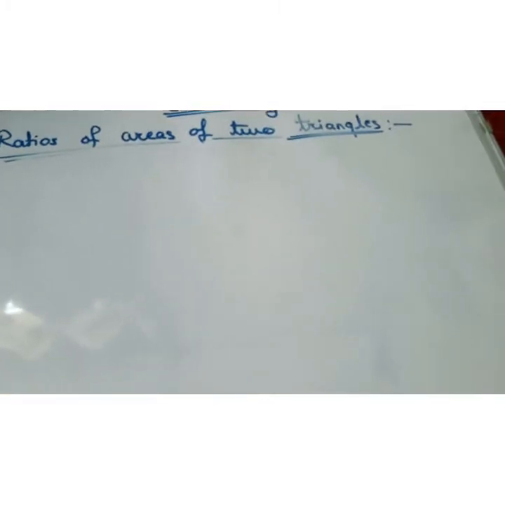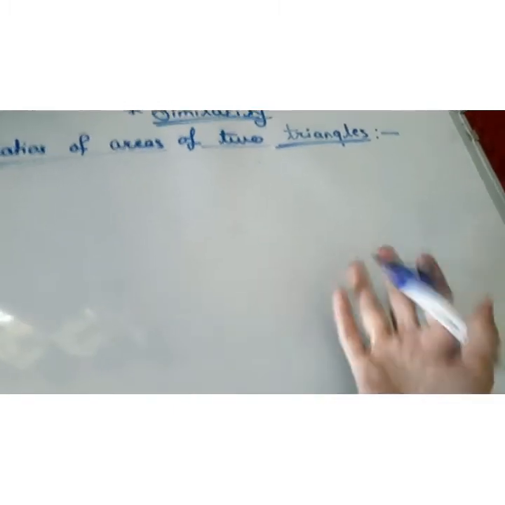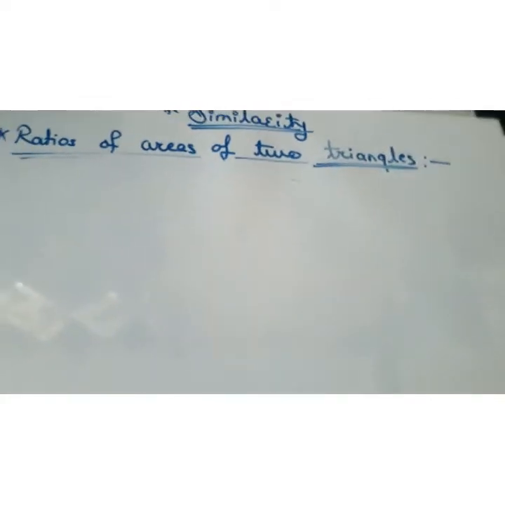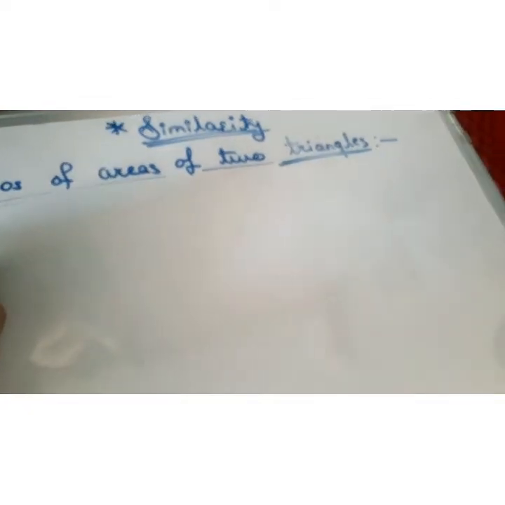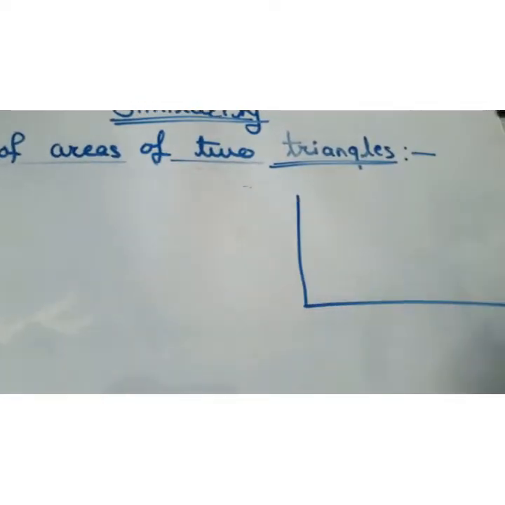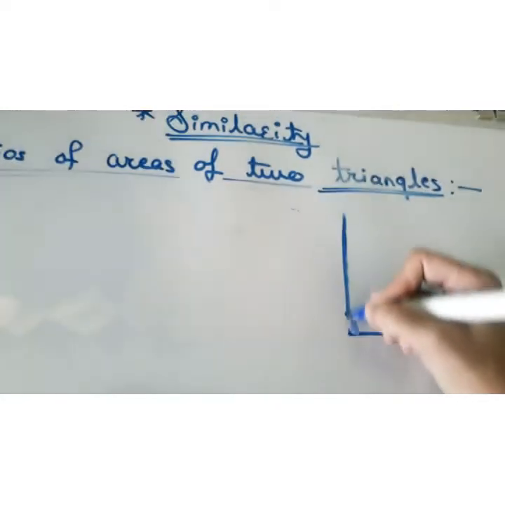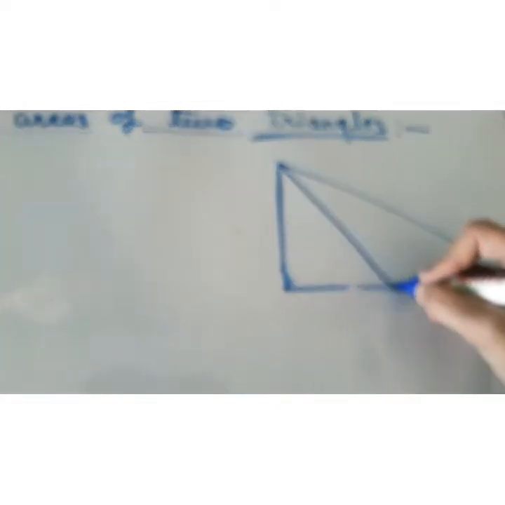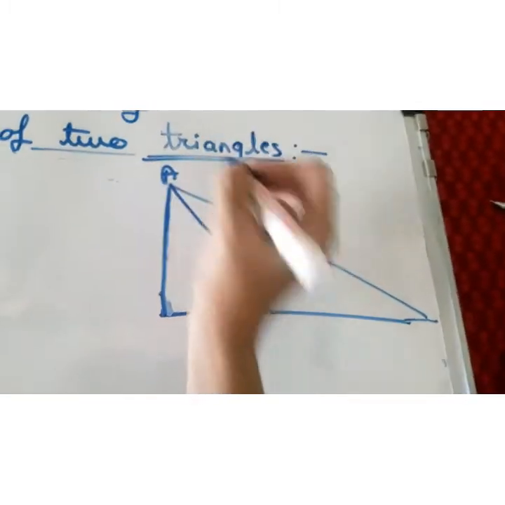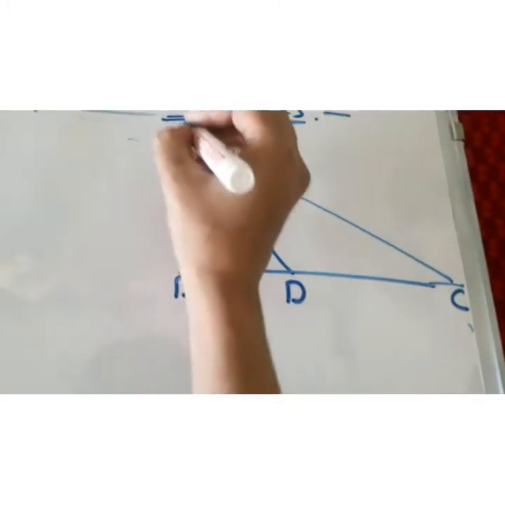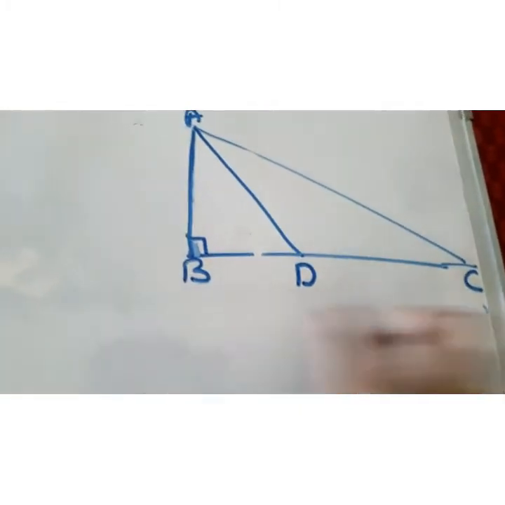That is the ratio of two triangles when the bases and heights are different. Now let's see the case where the heights of the two triangles are the same. Suppose I draw one more triangle. Consider this a straight line. So this is a triangle and I am drawing one more segment from here. Let's label it ABC. This is point D, and this is the perpendicular distance on this BC.